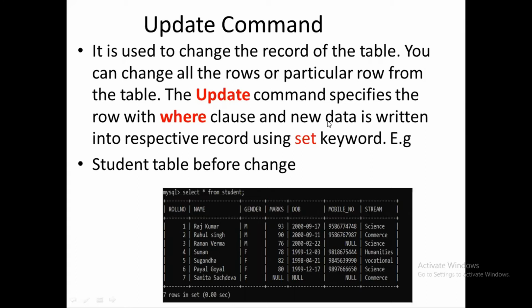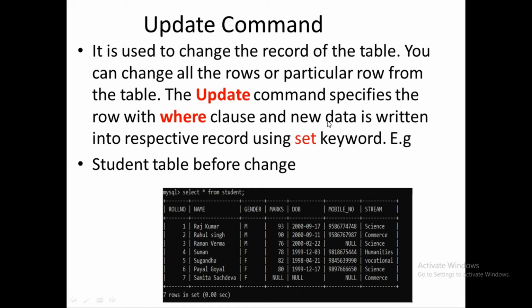So the update command is used to change the records of the table. Means if the data is there in the table and you want to change anything in the data, then you can use the update command. One example you have just noted, null value is there, I want to change it, I can use update. Update means data को change करना है. You can change all the rows or a particular row, that depends upon you, right? The update command specifies the row with where clause. अगर आप condition नहीं देते हैं तो सारी rows का data change हो जाएगा.